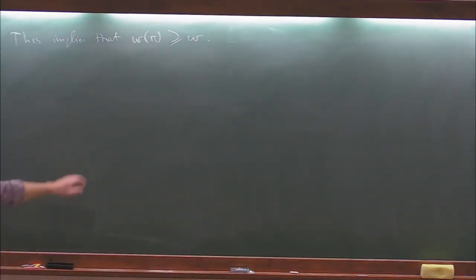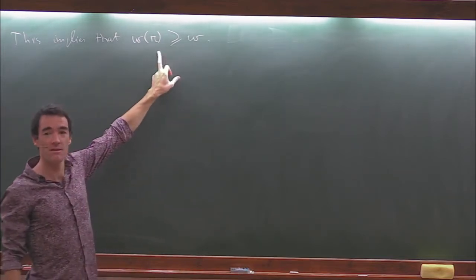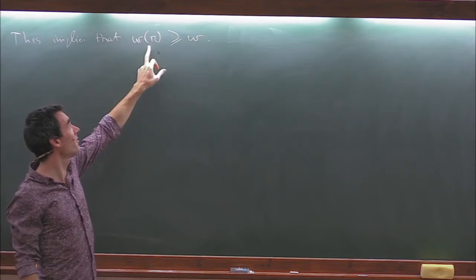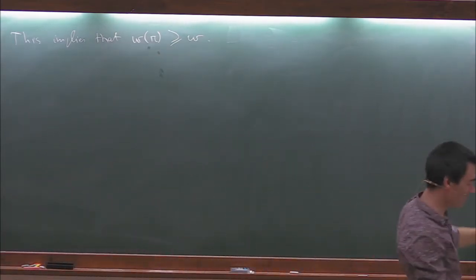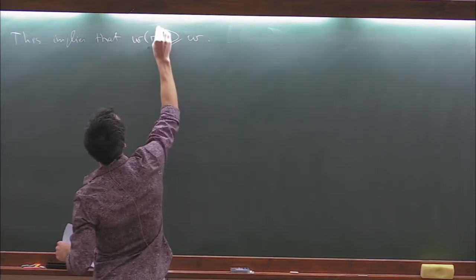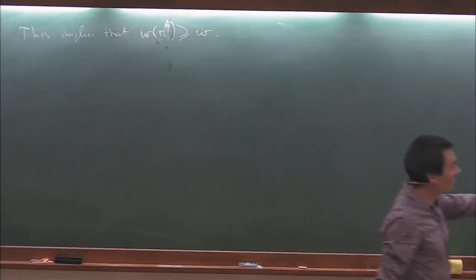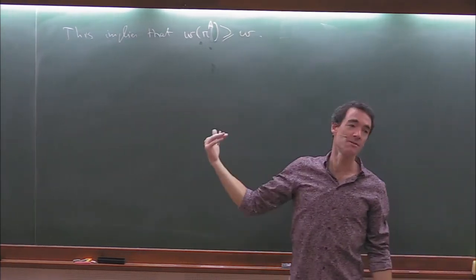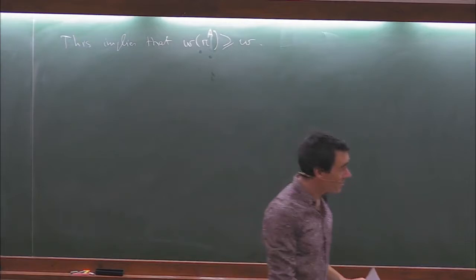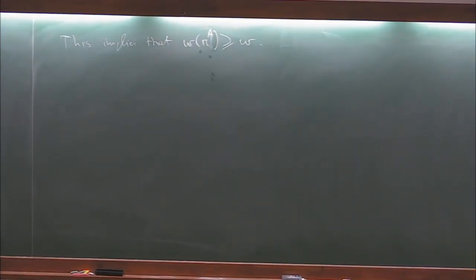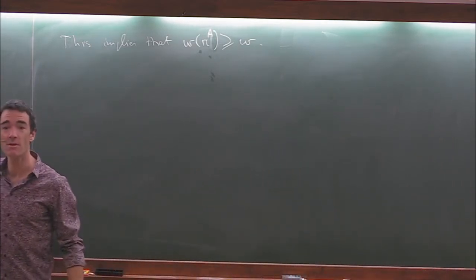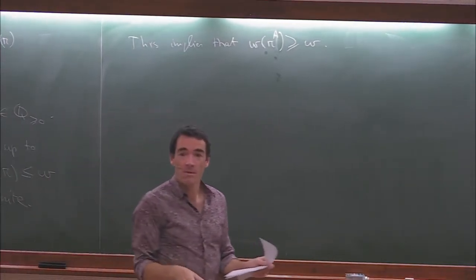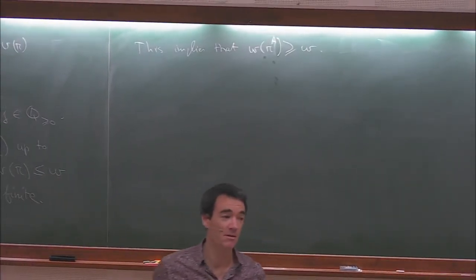So roughly speaking, the idea is that if this inequality were not satisfied, no, sorry, it is not W of pi, it is W of pi A. So you started with a pi such that W of pi is W. If W of pi A were strictly smaller than W, thanks to the inductive hypothesis and thanks to the fact that we can count this number of representations, there would be a problem. There would be a counting problem.